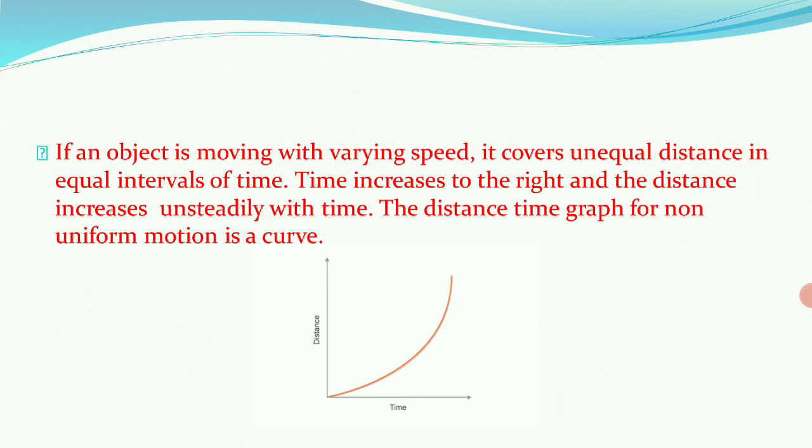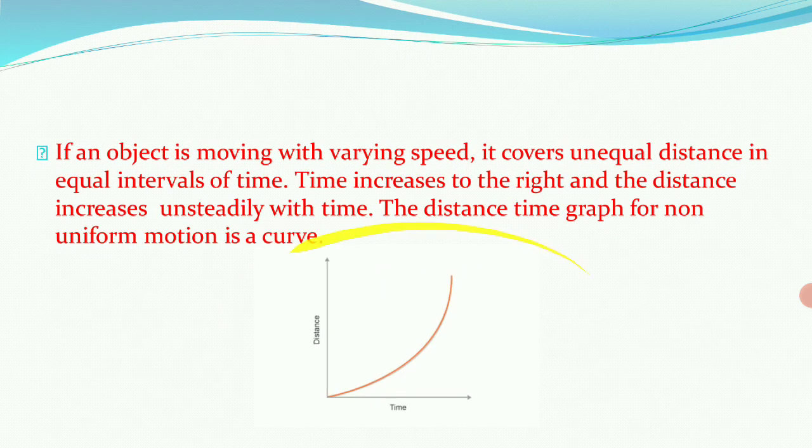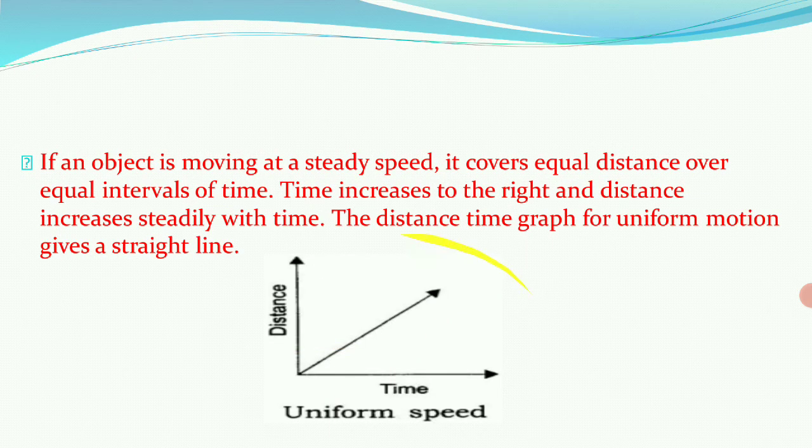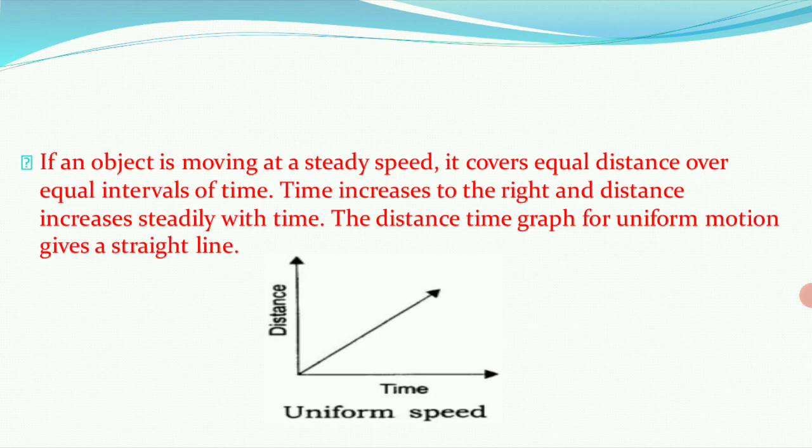Next, if the object is moving with varying speed, this graph is for non-uniform motion, meaning it covers unequal distance in equal intervals of time. Time is increasing to the right and distance is not increasing steadily, it is unsteady. So the distance time graph for non-uniform motion will be a curve, any curve like this. So this is the distance time graph for non-uniform motion, this is the distance time graph for uniform motion, and this is the distance time graph when the object is stationary. So these are the three graphs